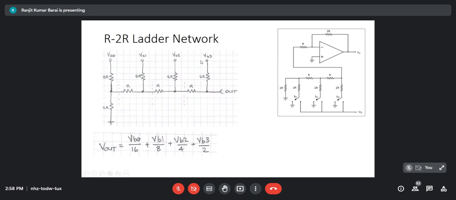So here we have 5 volt, so either 5 volt or 0 volt. Accordingly, we will get the voltage here. And the buffer is unity gain. Voltage follower is basically a buffer. It's a unity gain amplifier, so there will be only power amplification.